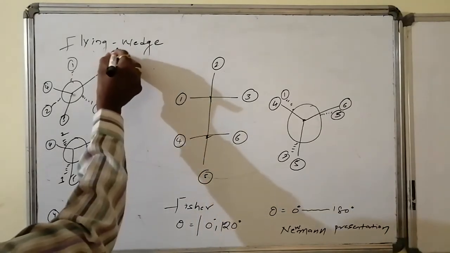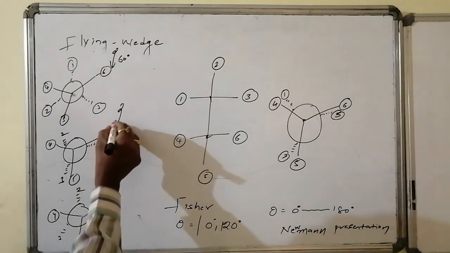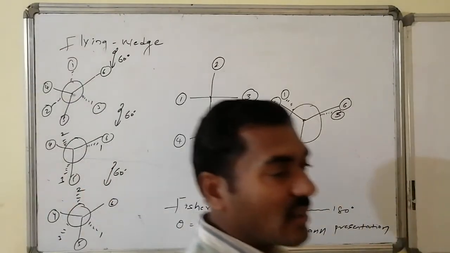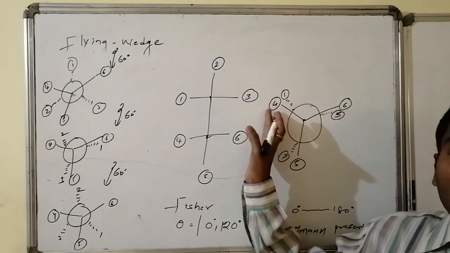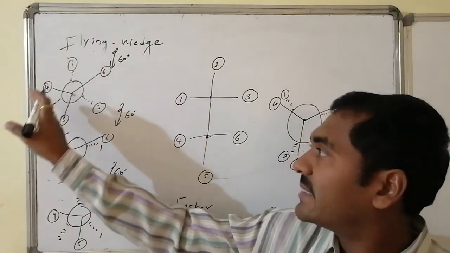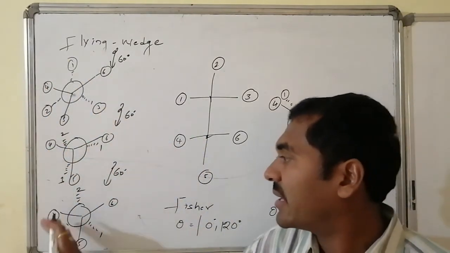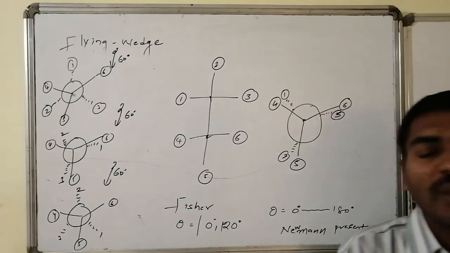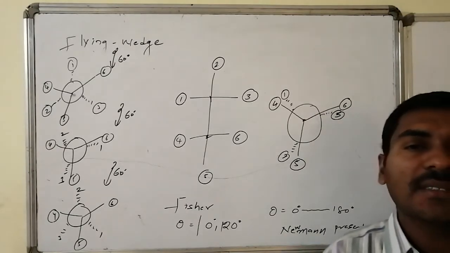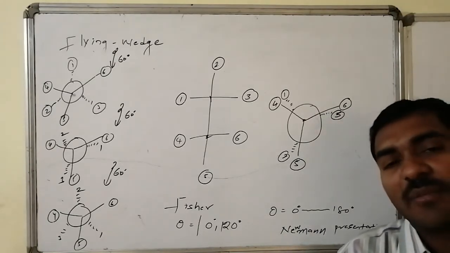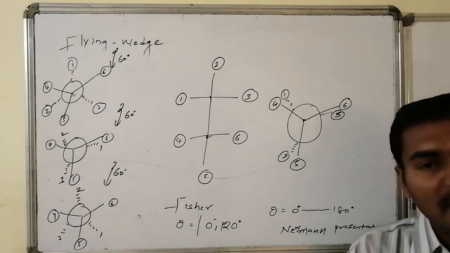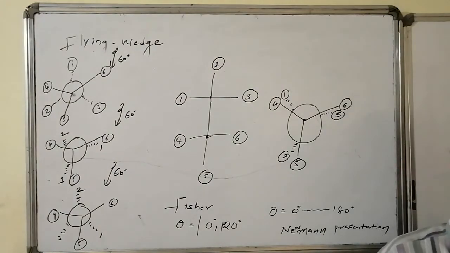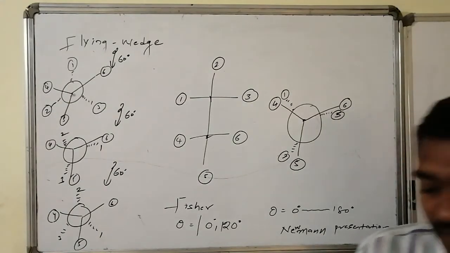Now here it is obtained by rotation of 60 degrees. This is also obtained by rotation of 60 degrees. This is also obtained by rotation of 60 degrees. Here, between 1 and 4, the dihedral angle is 0. 1 and 4, dihedral angle is 60. 1 and 4, dihedral angle is 120. 1 and 4, dihedral angle is here 180 degrees. Thus, all varieties can be easily visualized by every particular angle present between the groups connected with the adjacent carbon atoms. That is the importance and the sophistication present in the Newman model of presentation.